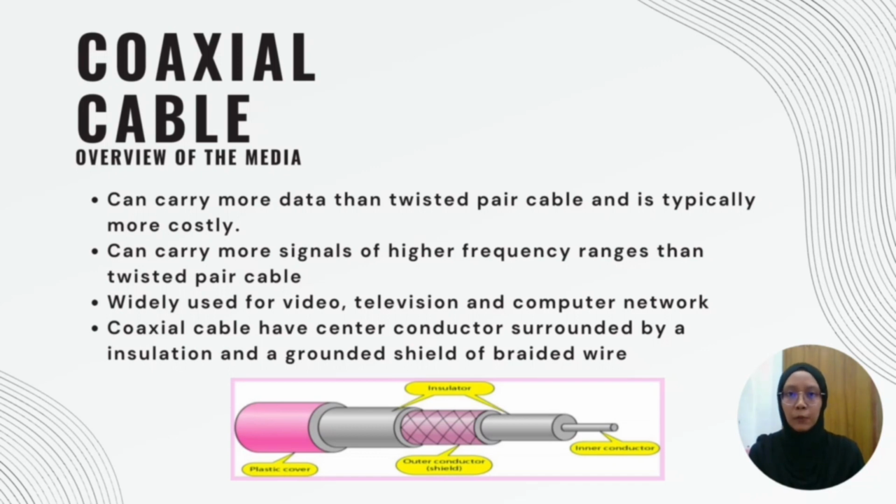Now I want to talk about guided media, which is coaxial cable. The overview of the media: it can carry more data than twisted pair cable and is typically more costly. It can carry signals of a higher frequency range than twisted pair cable. It is widely used for video, television, and computer networks. And the last one is that coaxial cable has a center conductor surrounded by insulation and a grounded shield of braided